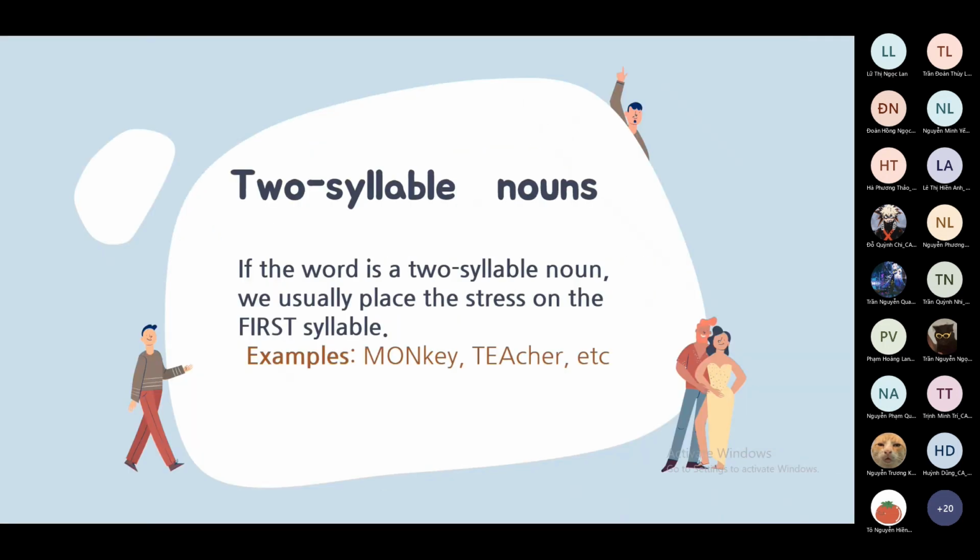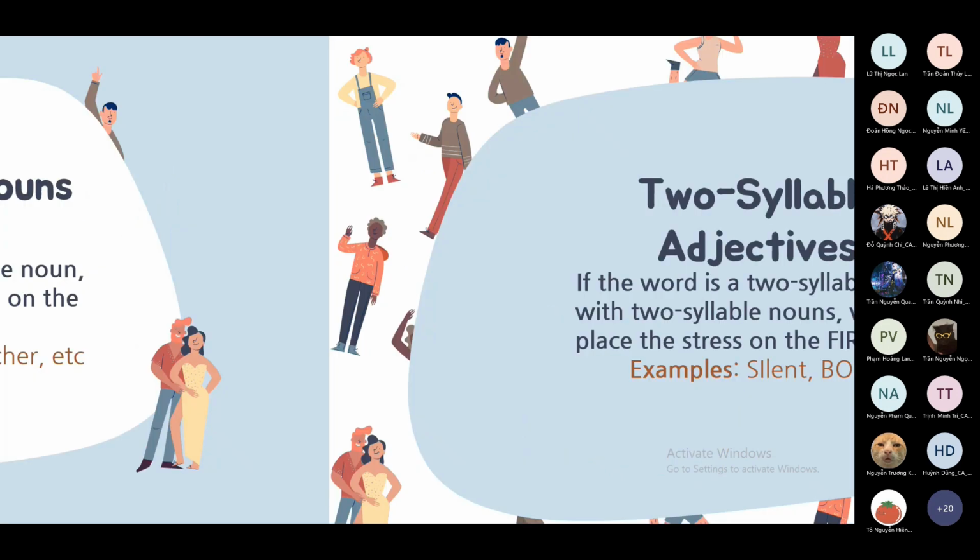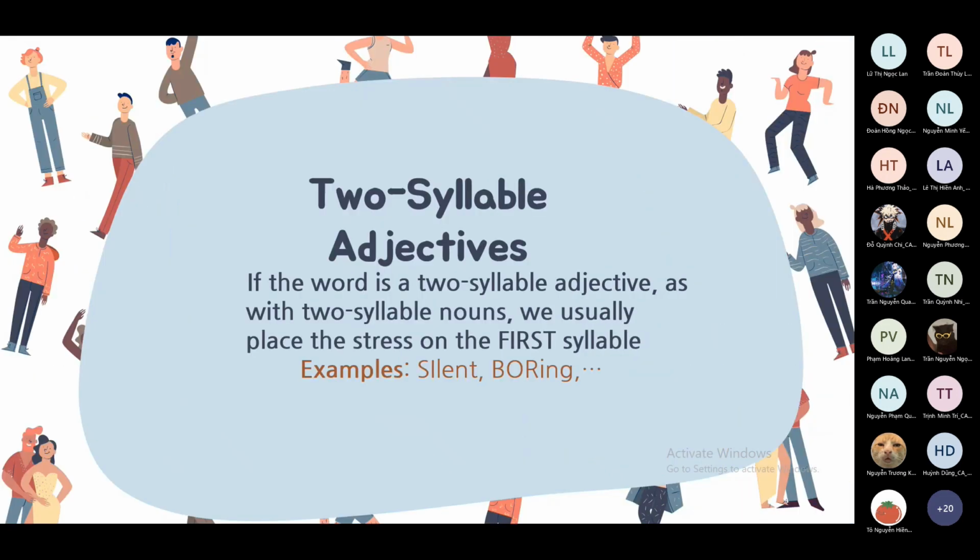The first tip that I'm gonna show you is with the two syllable nouns. If the word is a two syllable noun, we usually place the stress on the first syllable. We have some examples here, such as monkey, teacher, insect, etc. And with the two syllable adjectives, as with the two syllable nouns, we also usually place the stress on the first syllable. Here are some examples: silent, boring,